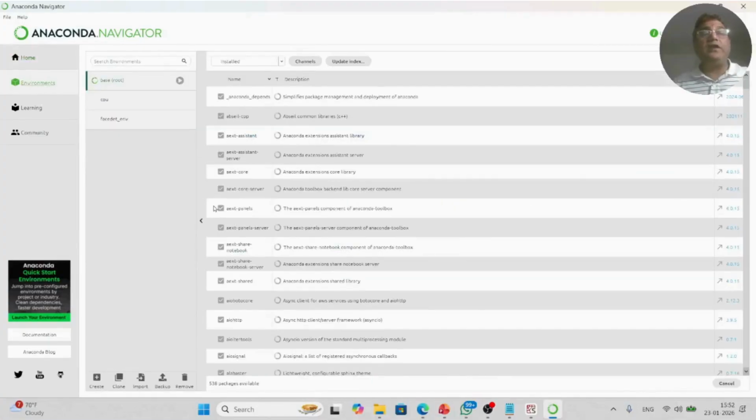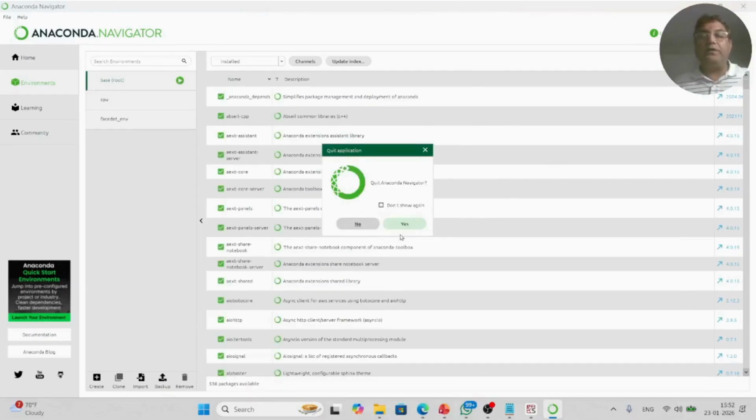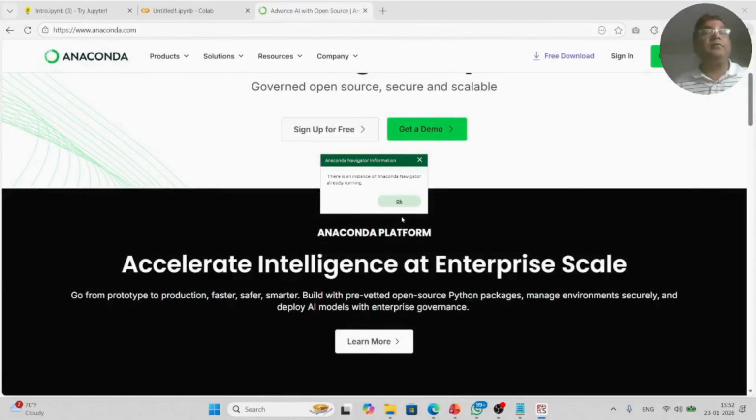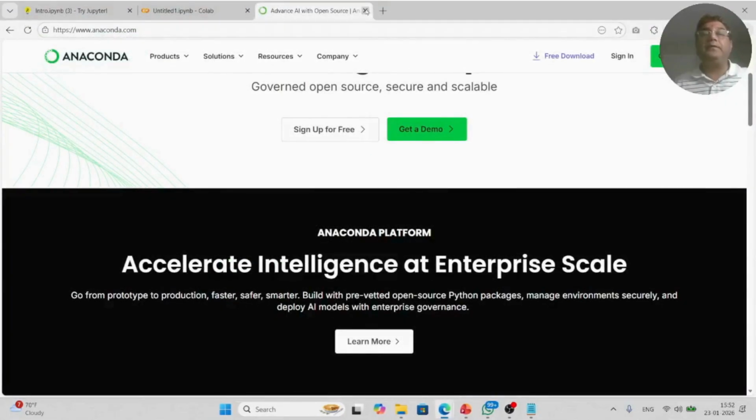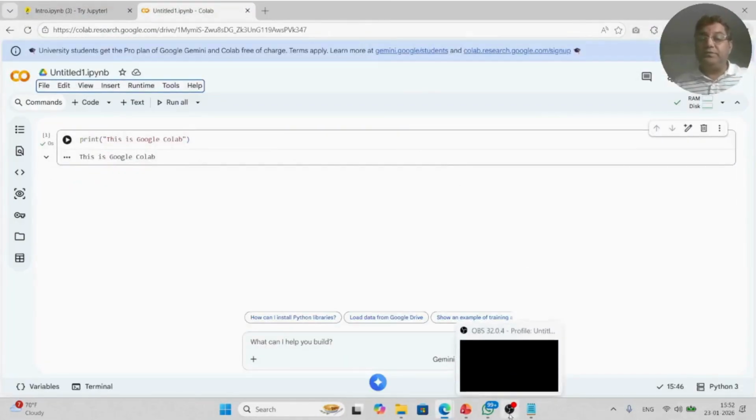If I go to environments, you can create a new environment by clicking here, or the Conda utility also you can use. Either you can use the user interface or you can create it using the Conda utility from the command line. Let me just close this. I think it is consuming a lot of processing power for me. Let me close this, and then